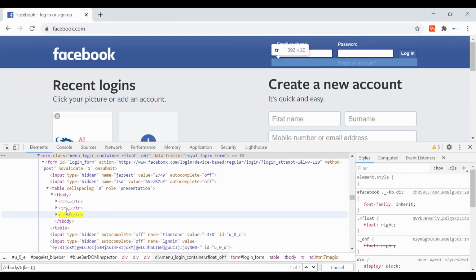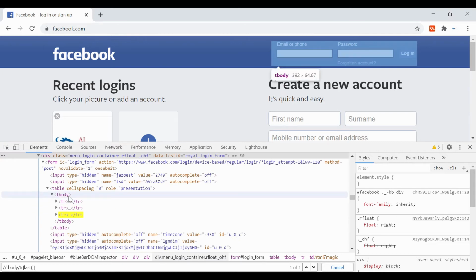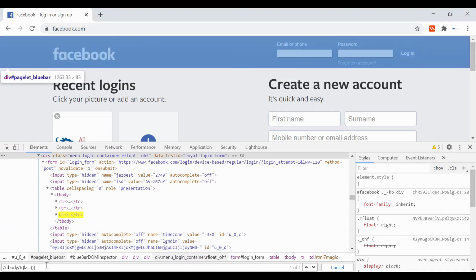Whatever the last row present in the table is, you can use this last function, and it is very useful when the table rows are changing dynamically at runtime. Sometimes rows get generated and added to the table at runtime, and at that time you don't know what the last index will be. So you can use this last function and it will highlight the last row.